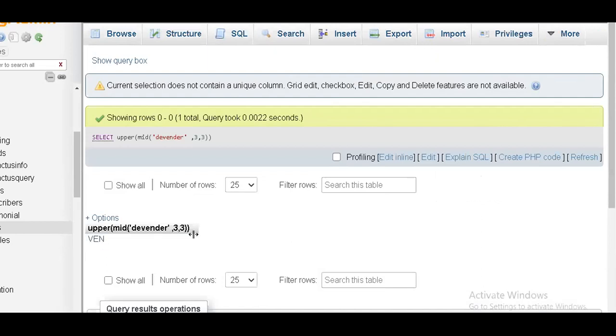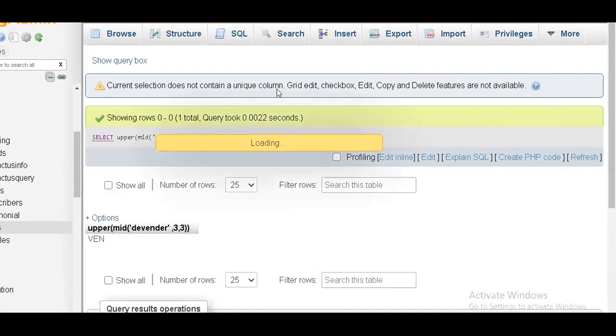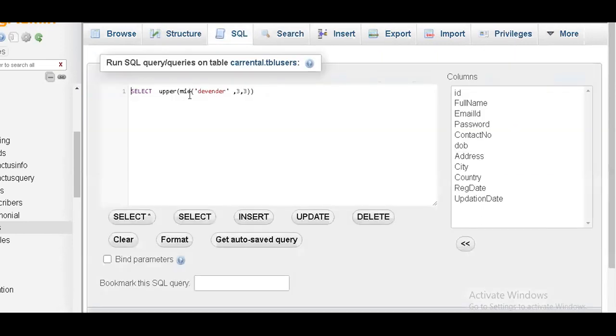Now I want the reverse of this. Whatever value you are taking, what you call the middle value, that is converted into upper. I want the reverse of this. So I can take the reverse of this. See, this all depends upon the usage. Say I want to create a password. While entering, it should be reversed. While storing, it should be reversed. While picking again, it should be reversed. So for security reasons, you are doing it like this.